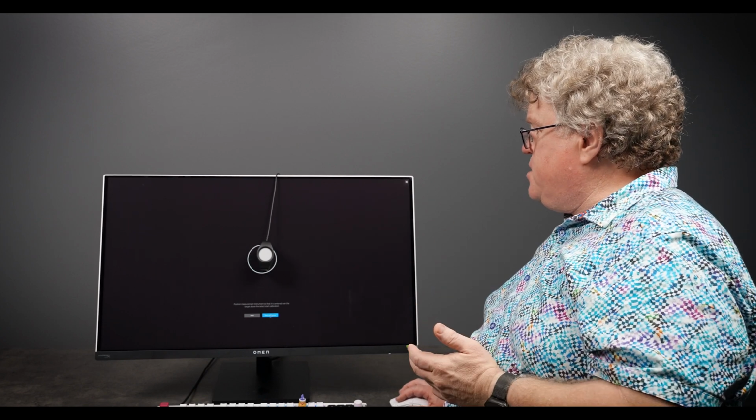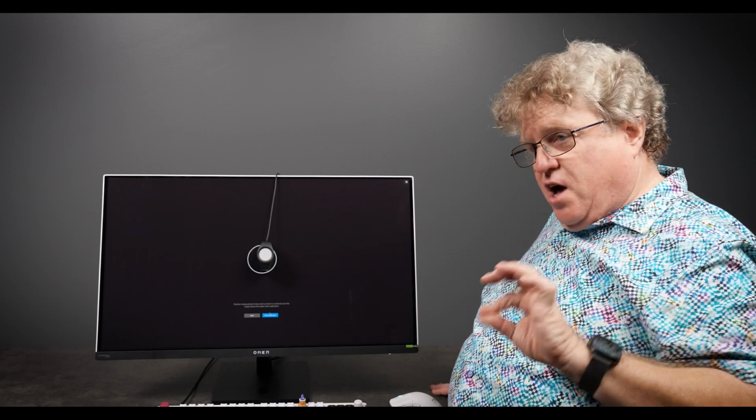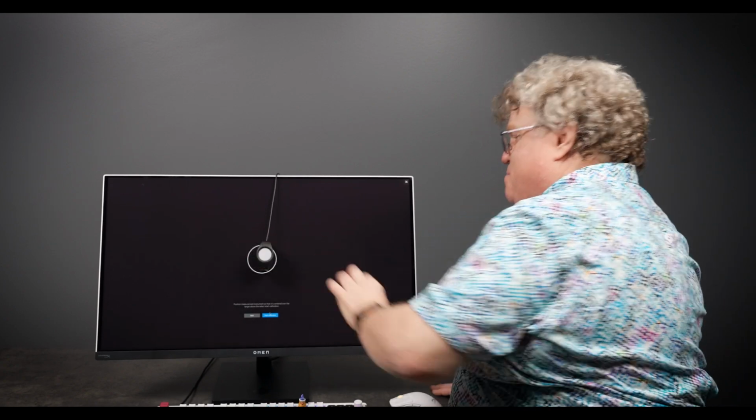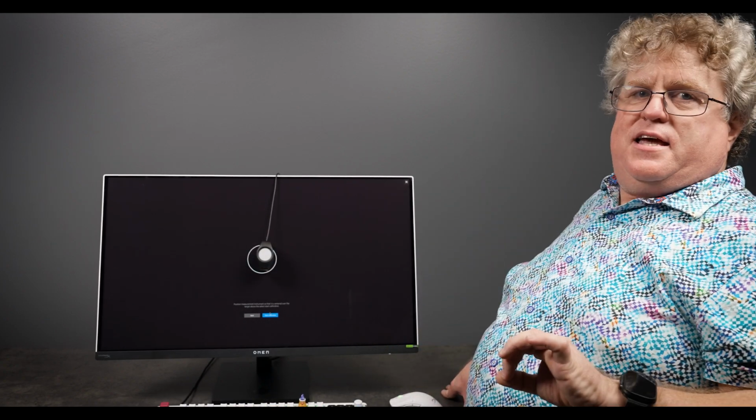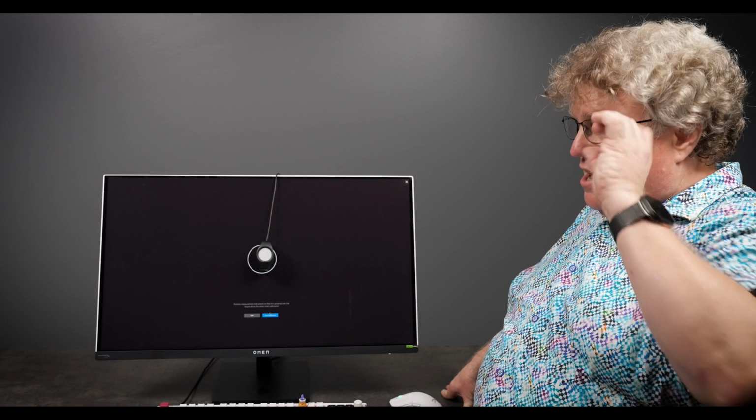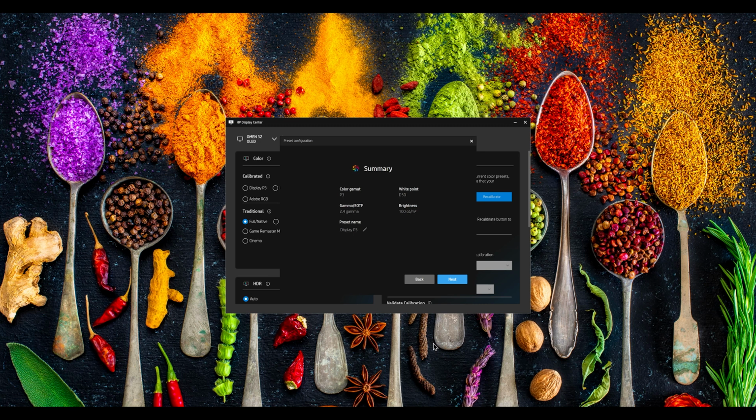If you want to do the calibration, just simply hit the Start Calibration button and calibration will proceed. My recommendation is you do not do this with any bright lights directly hitting the monitor, because again, at the risk of this thing not being perfectly seated, you'll get leakage and get bad measurements. And also realize that it's going to take about 8 to 10 minutes for this calibration to happen. Instead, I'm going to hit back because what I'd like to do is show you briefly the other mode.